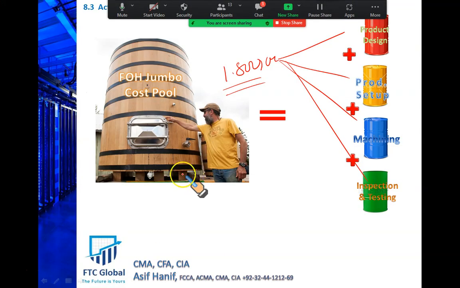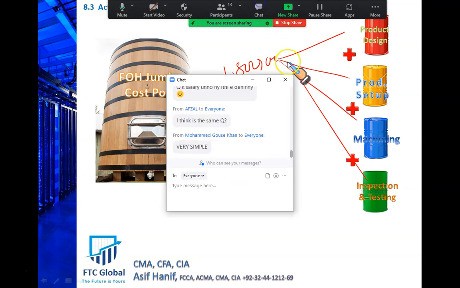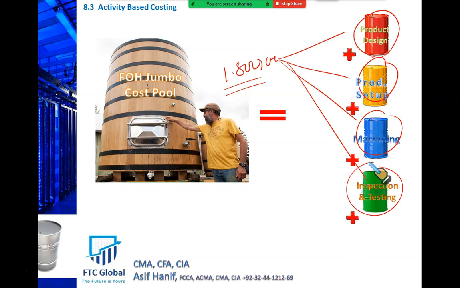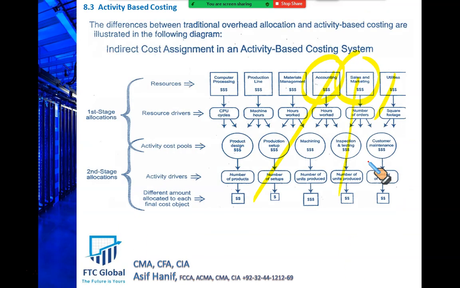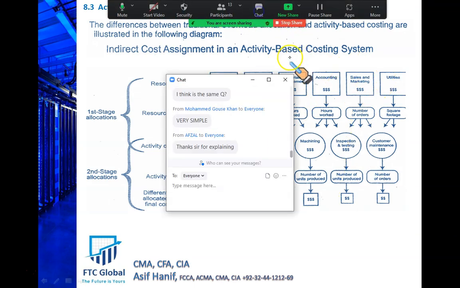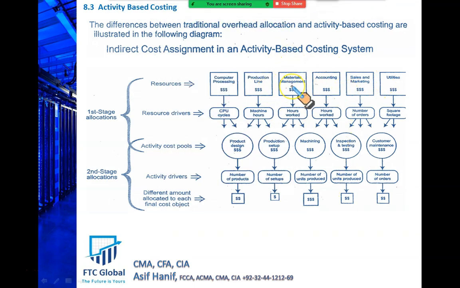What we basically do is divide this jumbo cost pool into different activity cost pools, and through these activity cost pools we establish rates, and through these rates we transfer the cost to the end unit. If you go for the complete ABC, 100% ABC in its true essence, that will transfer many of the non-production related costs to the end units, and this could be a violation of IFRS and US GAAP.